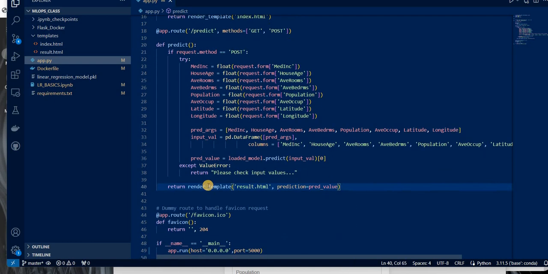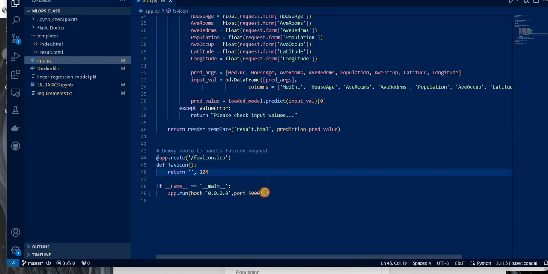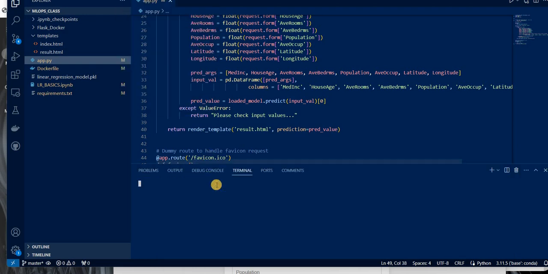That's how. And here, this is just for an issue in a route to handle some favicon issue that was coming, and here I'm just running. So host 0.0.0.0 means, and the port I had given it, to run on this, not to go into the local. So now let me start the terminal and run this python